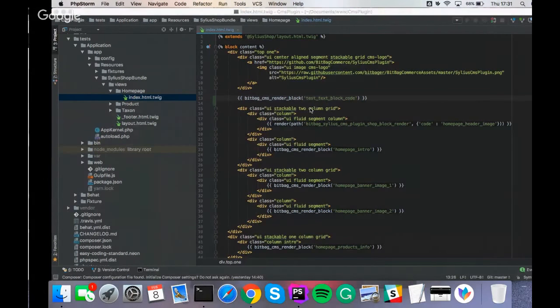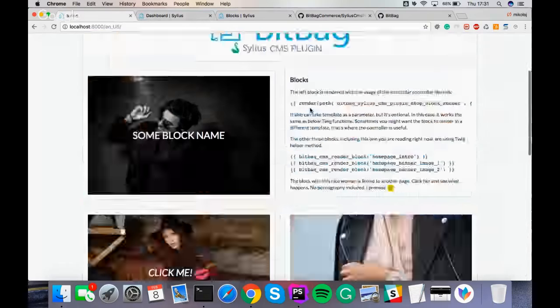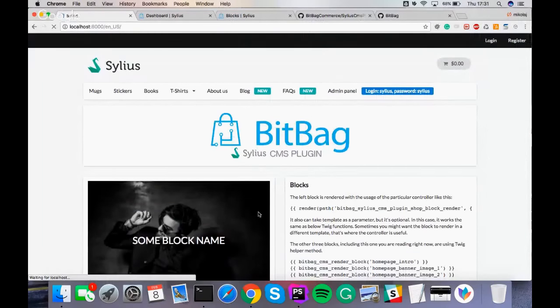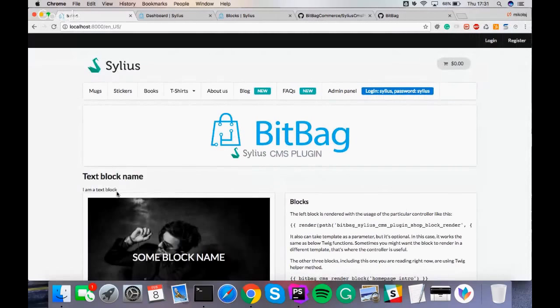So it's up to you for the use case. But if you need something simple, you can use the text block. As you can see here, it has been rendered correctly